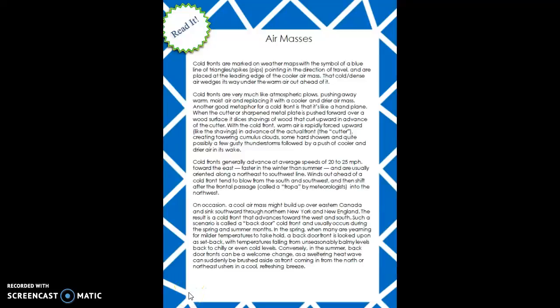Air masses. Cold fronts are marked on weather maps with the symbol of a blue line of triangles or spikes called pips pointing in the direction of travel and are placed at the leading edge of the cooler air mass. That cold, dense air wedges its way under the warm air out ahead of it. Cold fronts are very much like atmospheric plows, pushing away warm, moist air and replacing it with a cooler, drier